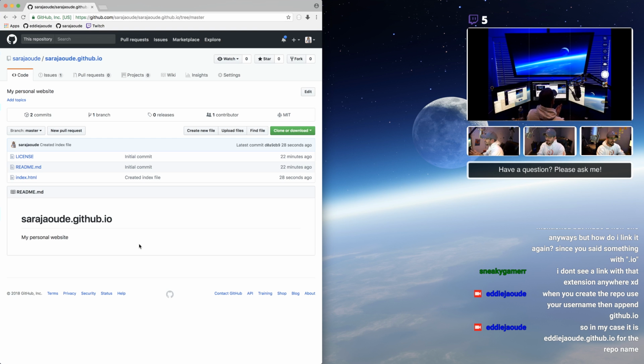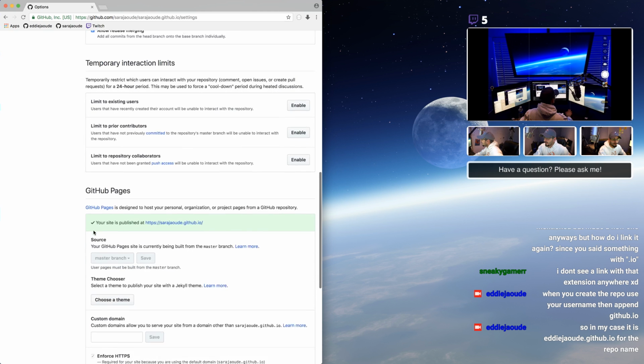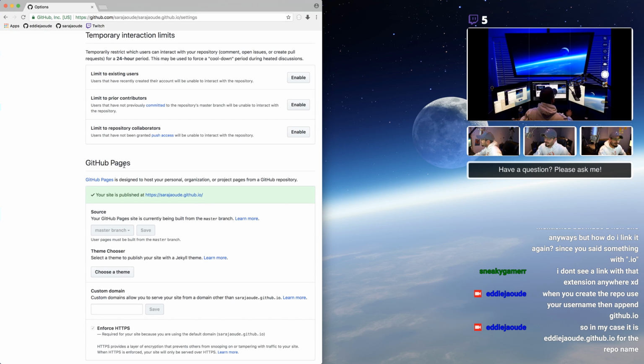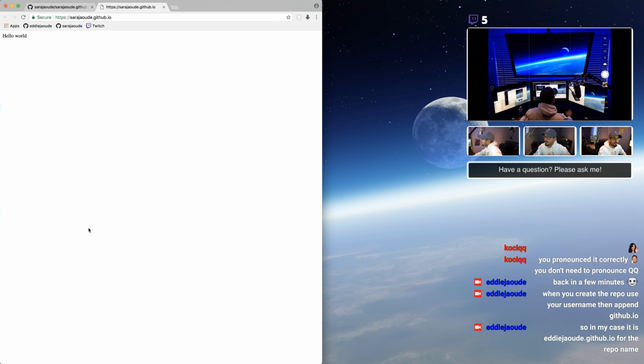Let me see. So we've created index.html, and it's got hello world in it. If I go to settings and scroll all the way down here, it says GitHub Pages, and it says it has been deployed. So if I open that in a new tab and go back to here, we will see